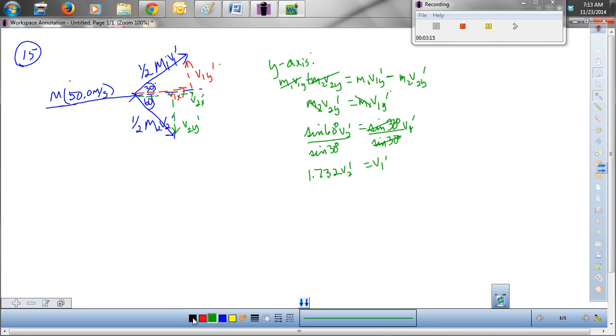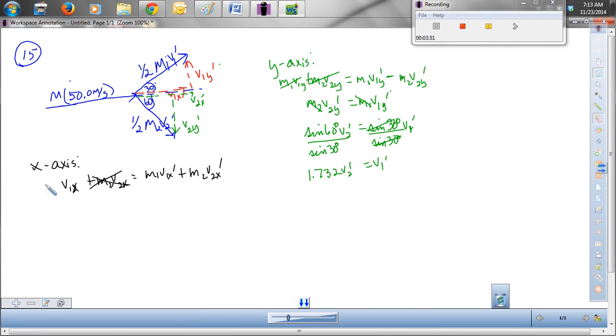Okay, now I want to go down over to this side and do the x-axis, so I can wrap this problem up. So I have M1 B1x plus M2 B2x equals M1 B1x prime plus M2 B2x prime. This is 0 because that didn't exist before. I'm going to call this side, instead of M1, it'd be better if I called it capital M because that's the total that I started with. So I have capital M times 50 meters per second